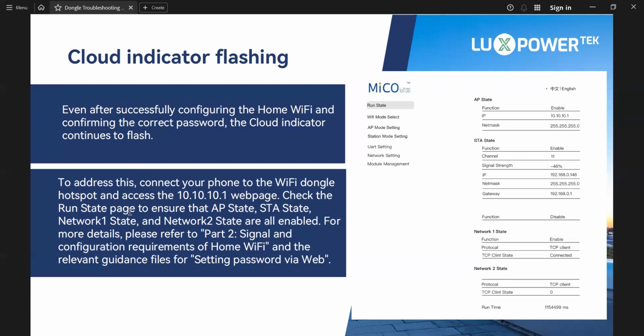Check the run state page to ensure that the AP state and STA state, Network 1 state and Network 2 state are all enabled. For more details, please refer to Part 2 Signal and Configuration Requirement of the home Wi-Fi and the relevant guidance files for setting a password via website.